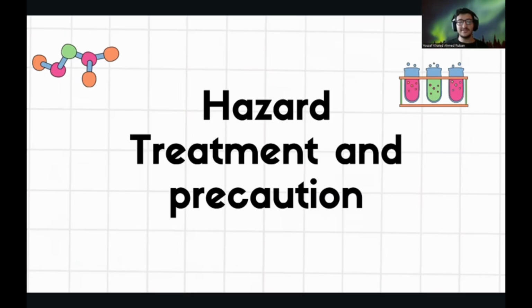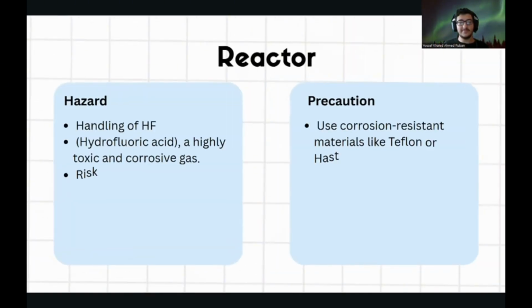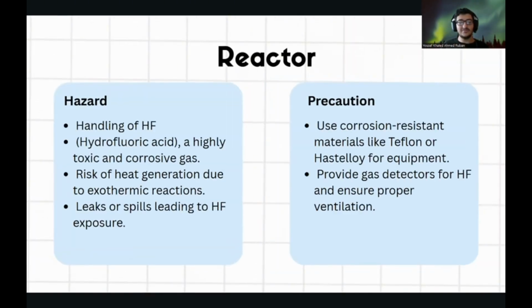So for today I'm going to talk about hazard treatment and precaution for our units. Let's start with the first unit, which is the reactor. The hazards are handling of HF, hydrofluoric acid, a highly toxic and corrosive gas, a risk of heat generation due to exothermic reactions, and leaks or spills leading to HF exposure. The precautions are to use corrosion-resistant materials like Teflon or Hastelloy for equipment, and provide detectors for HF and ensure proper